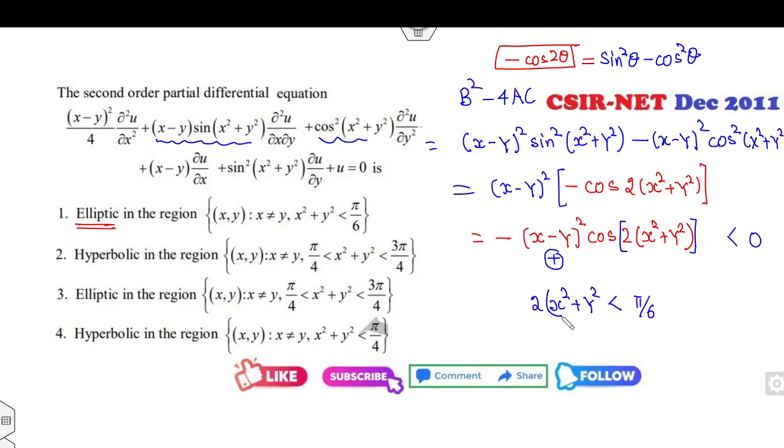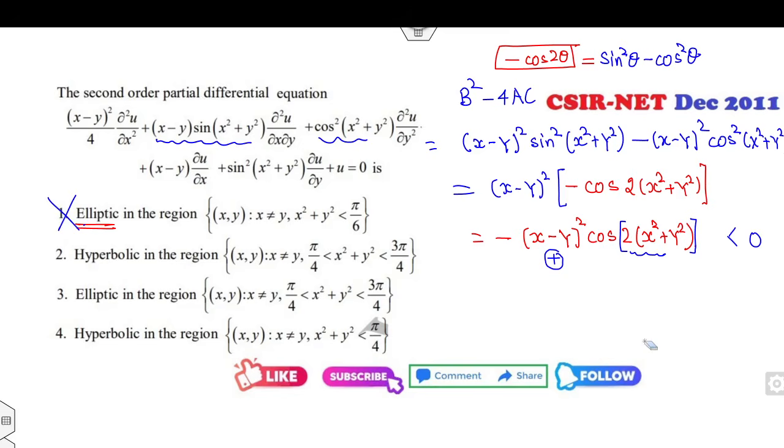What is the twice of this? Pi over 3. Fine. But what is the lower angle? It is not given. It can be negative as well. So if you take any lower angle, can you say this number is always positive? Can you say this cos of twice of this is always positive? It is not possible, because you can take any number which is less than 2 pi by 3. So this option is cancelled.